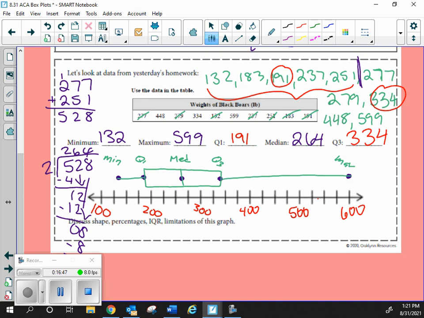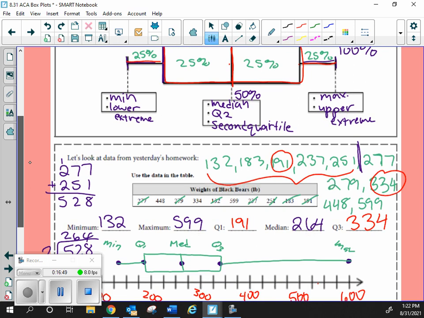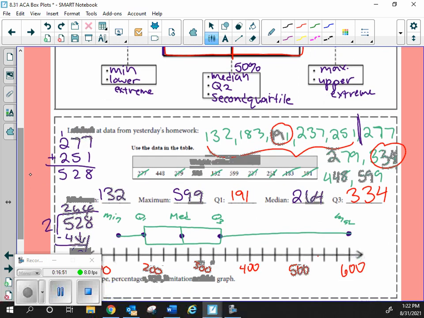That box plot looks a little different. What's weird about that one? It looks uneven. But does that mean we did it wrong? No. Let's look at why, specifically at this whisker over here. That's not even at all. Because what did we say each quartile is going to mark? 25%. So this 25% is the same thing as this? It is. Let's look at what is changing that.